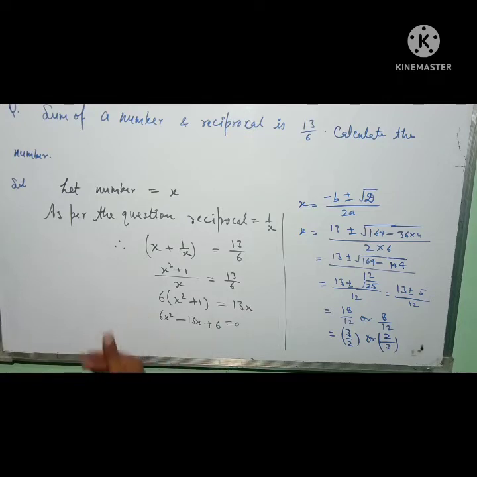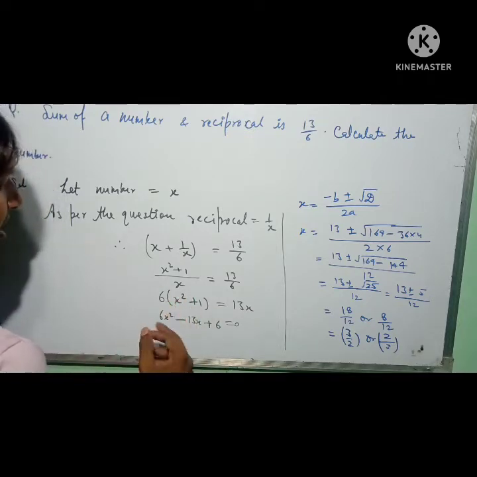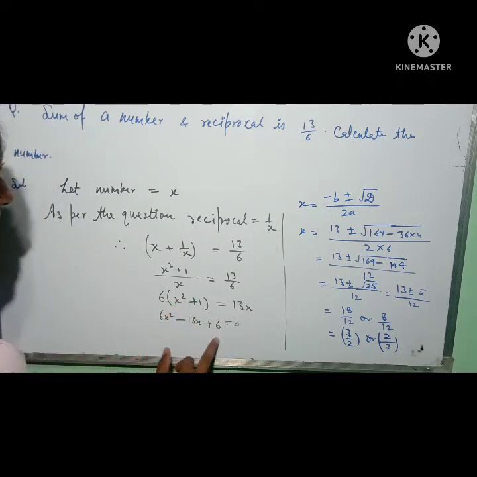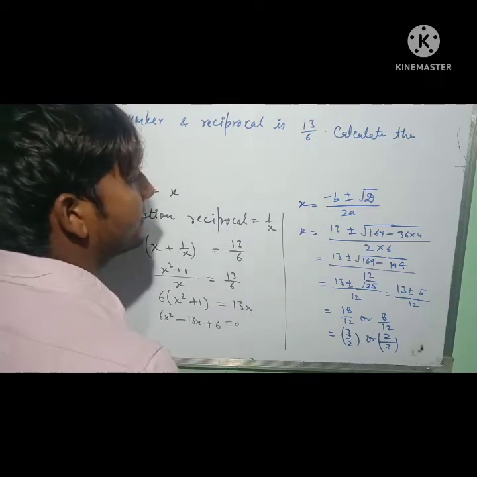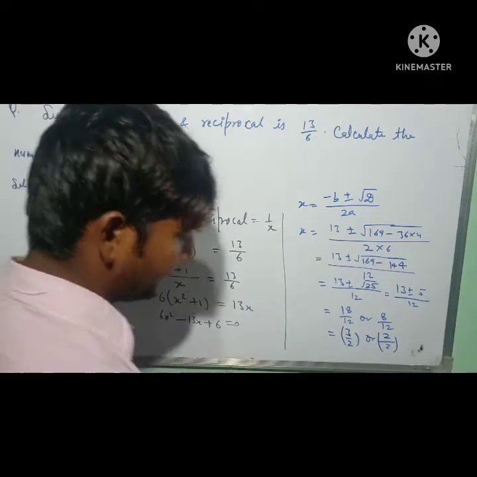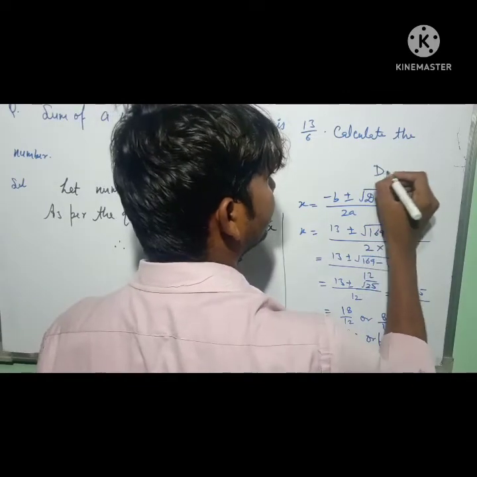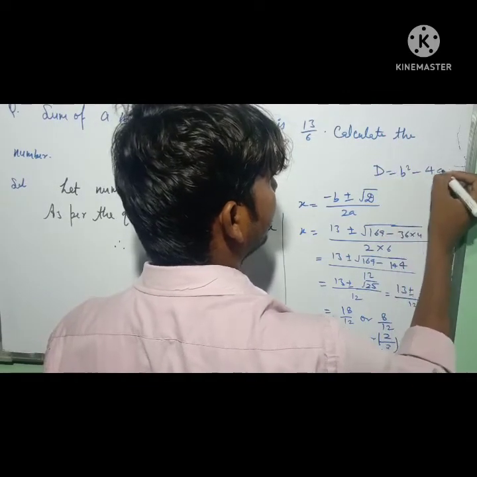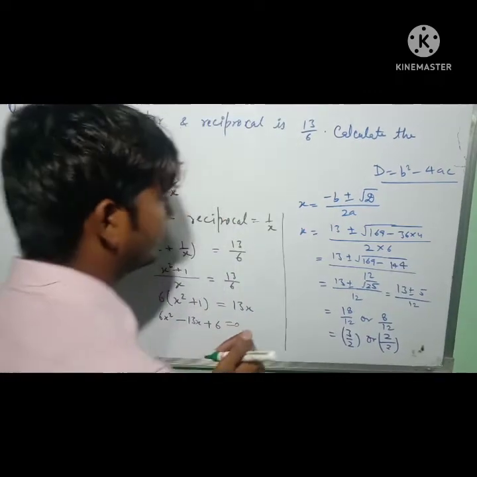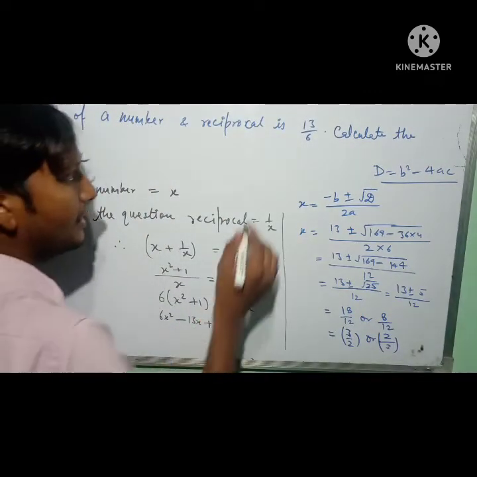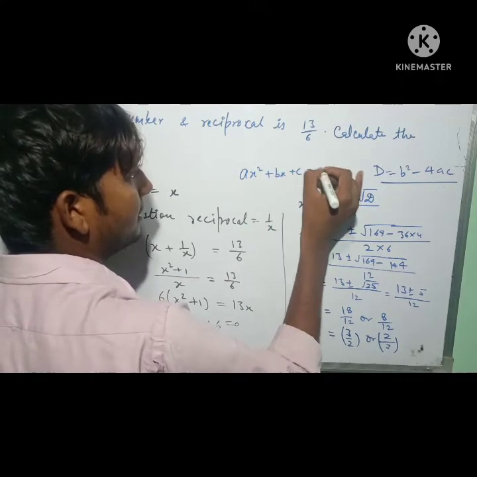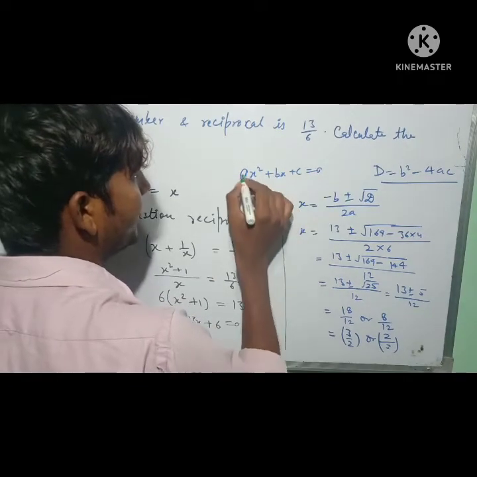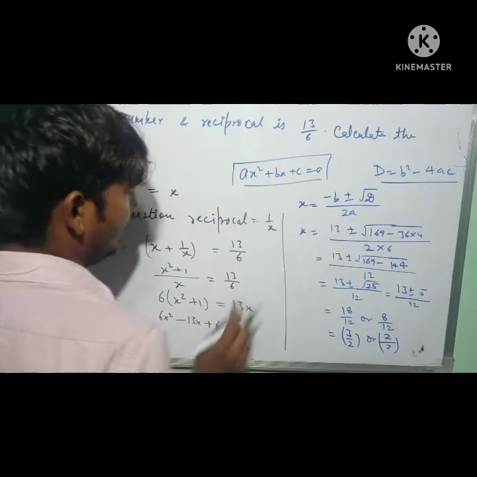Taking everything to the left hand side, 6x squared minus 13x plus 6 is equal to 0. Applying the formula, x is equal to minus b plus minus under root b squared minus 4ac upon 2a, where the standard equation is ax squared plus bx plus c equal to 0. So comparing this equation with the given equation,